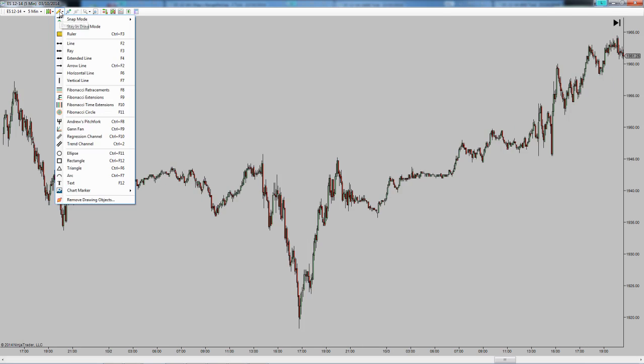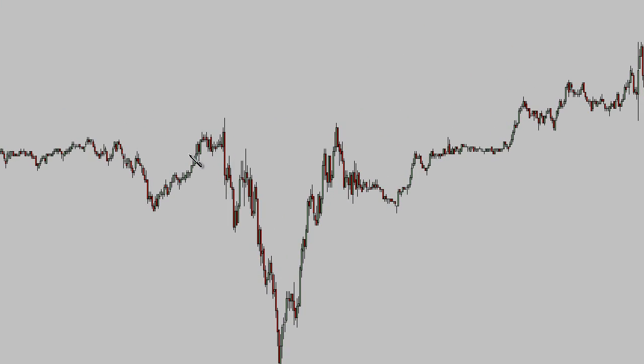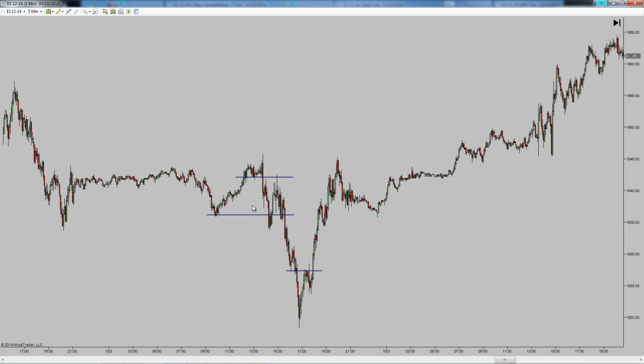Okay, let's get the line drawing tool, and I'm going to mark in a few levels. So we've got one here, we've got one here, another one here, and you'll see that it doesn't have to be exact. We're just looking for price to pivot on either side, and this can actually be extended all the way to here. So what happened is price used this line of support, it finally broke through, retested as resistance,